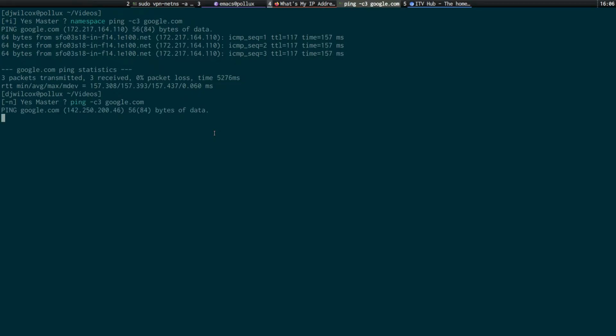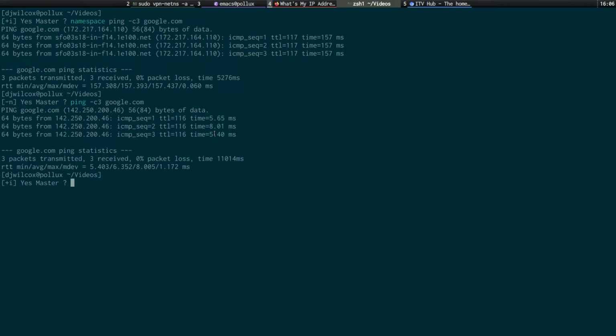through my regular connection. Give it a second or 2, or 3, 4. Yep, there we go. No packet lost. So you can see I can basically prefix any command on the command line with namespace to send it over the VPN,